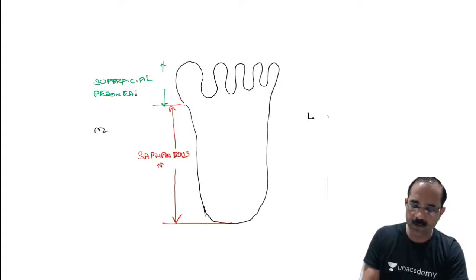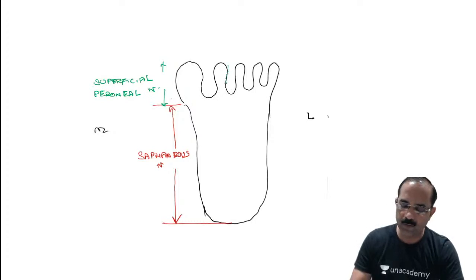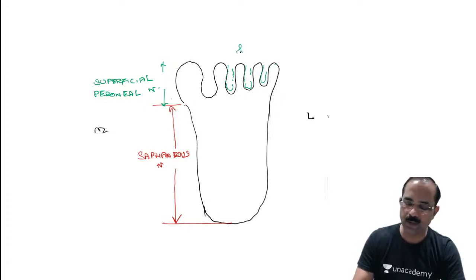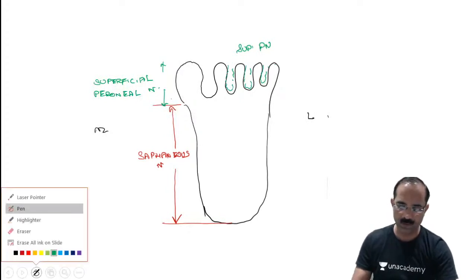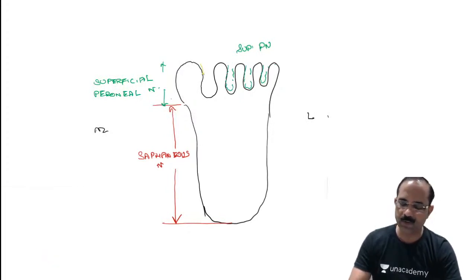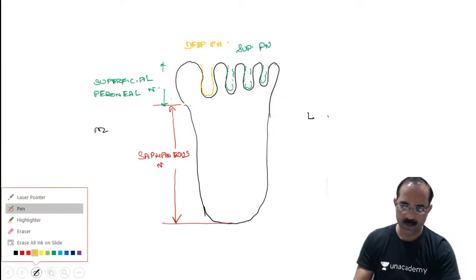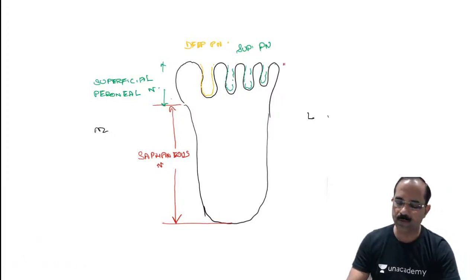The skin of the medial aspect of the great toe is supplied by the superficial peroneal nerve. All the web spaces are supplied by the superficial peroneal nerve. The first web space, where we put our slippers, is supplied by the deep peroneal nerve. And the lateral aspect of the foot,